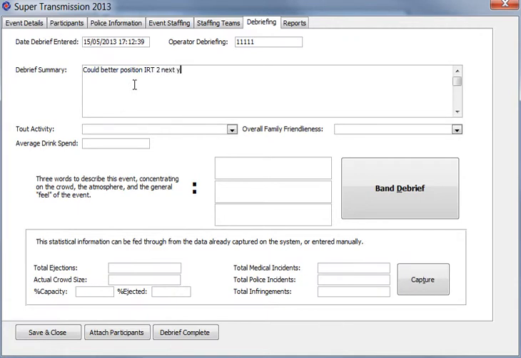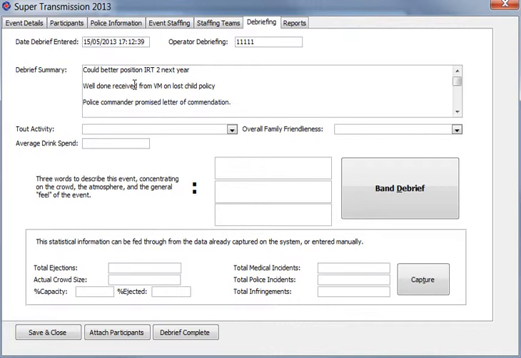Okay, well done received from venue manager on lost child policy. And let's finally put police commander promised letter of commendation. I'm just going through very quick things that we don't need to go through in too much detail there. The debrief is going to be very specific to your event, very specific to what happened on your event.